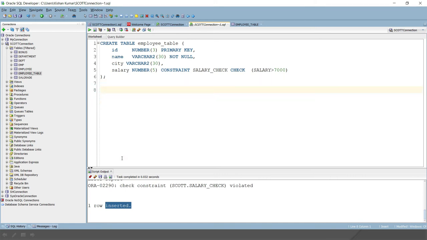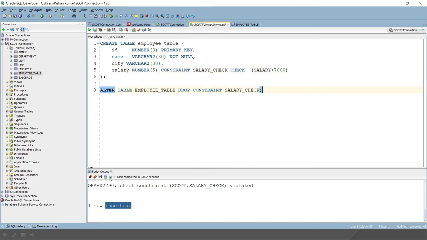Now let's say a few more things. Let's say I would like to drop this constraint from the existing table. Then how can we do that? For that we have an alter command. You have to write alter table, then the table name, so that is employee underscore table. Then you have to write the keyword drop, then constraint, and then specify the constraint name. That's the benefit when you specify the constraint name. Here I am going to give the constraint. So now when I run this alter command, then the existing check constraint will be dropped from this table.